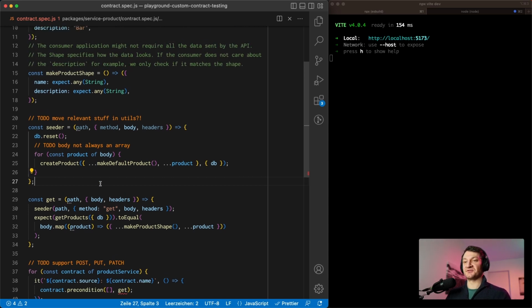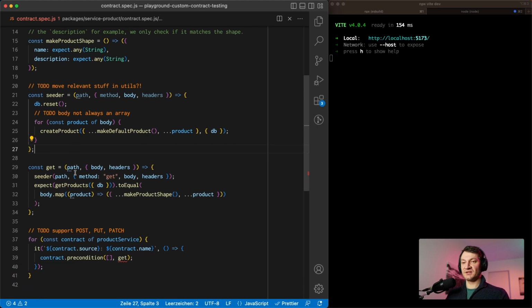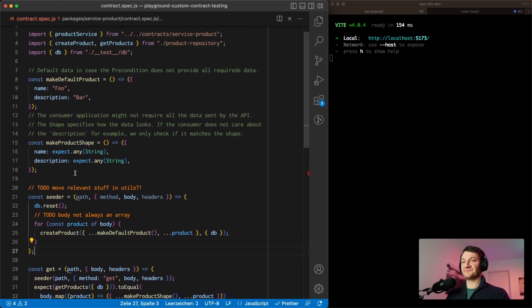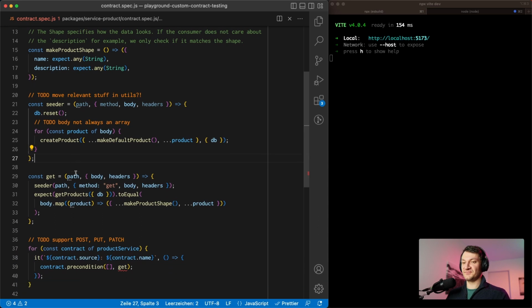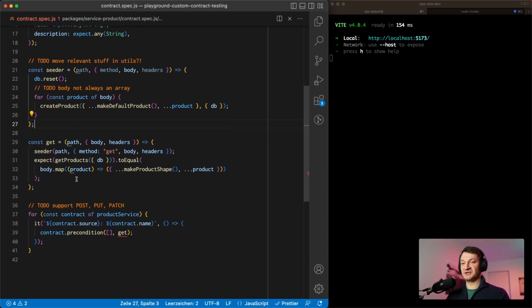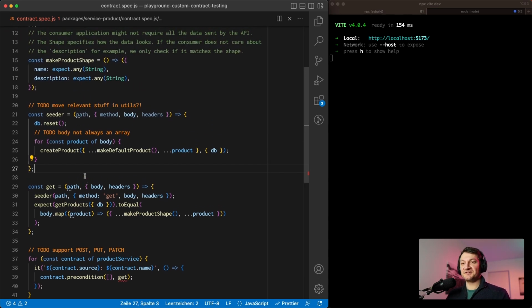using the repository directly. So I want to use the endpoint itself instead of the repository. So this makes this test a little slower, but then we also have an integration test basically for free. So with the contract test, we get all our integration tests for free, which is a very nice side effect, I think, of this approach. But to make this work, we need to extend the functionality of